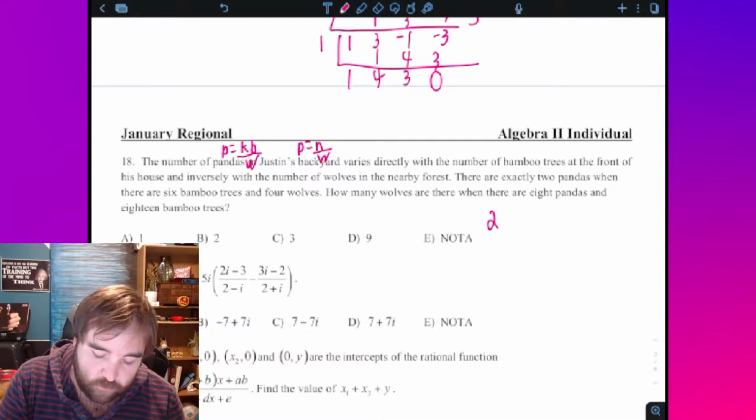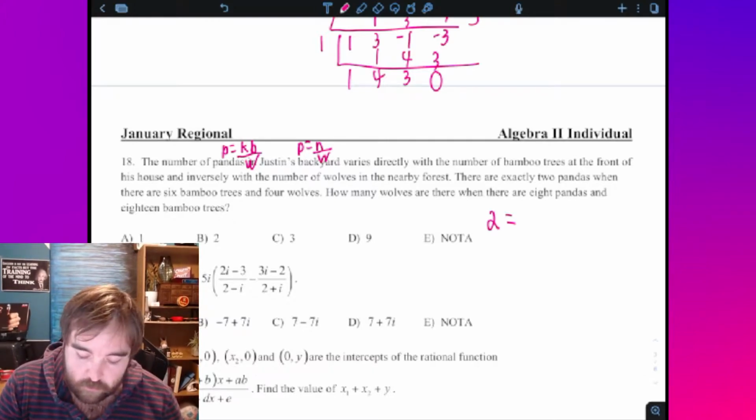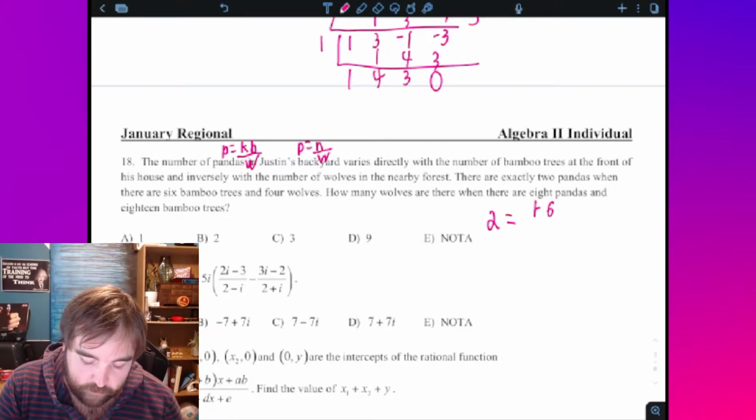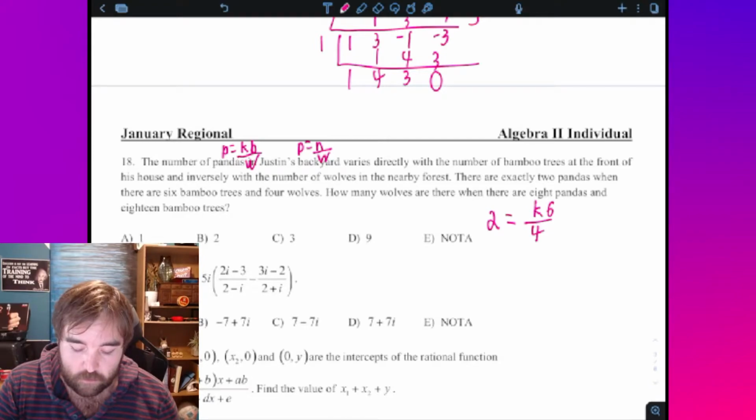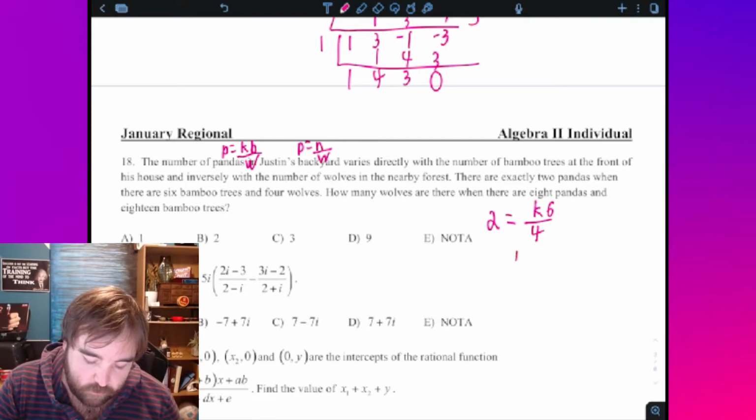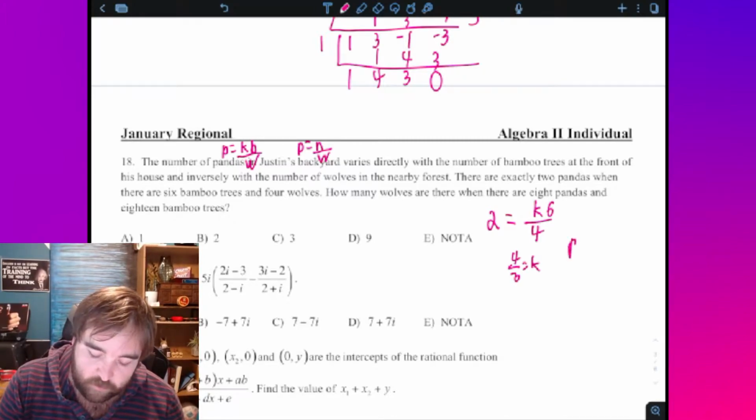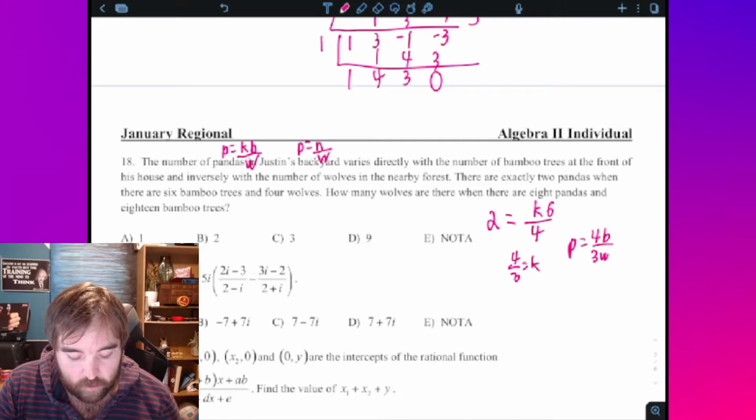And say that 2 equals 6 bamboo trees, K, over 4 wolves. So 8 over 6, K is 4/3. And then, if I put that back in the equation, 4B over 3W, then I should be able to